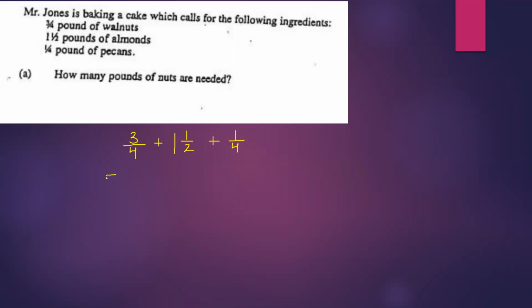It's going to be equal to 3/4 plus, we change the 1.5 into an improper fraction. 1 times 2 is 2, plus 1 is 3, so 3/2, plus 1/4. It's going to be equal to